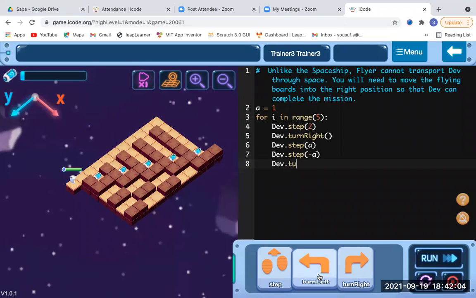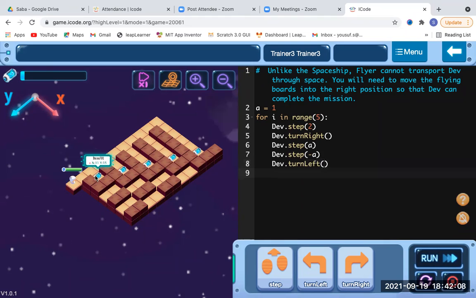So turn left, and the last increment would be, we have to see, completely plus one increment we have to put, like over here 1 we have given, over here 2, over here 3, 4 and 5 itself.